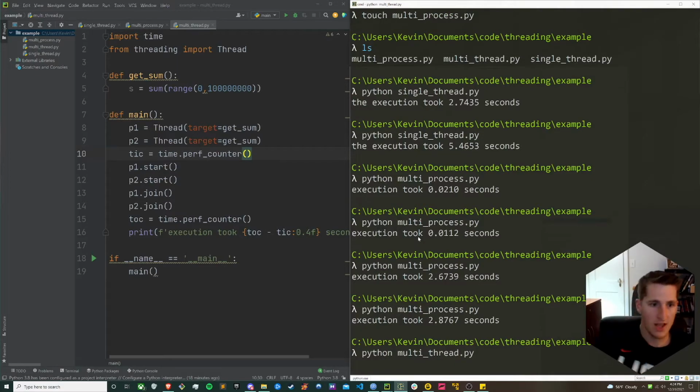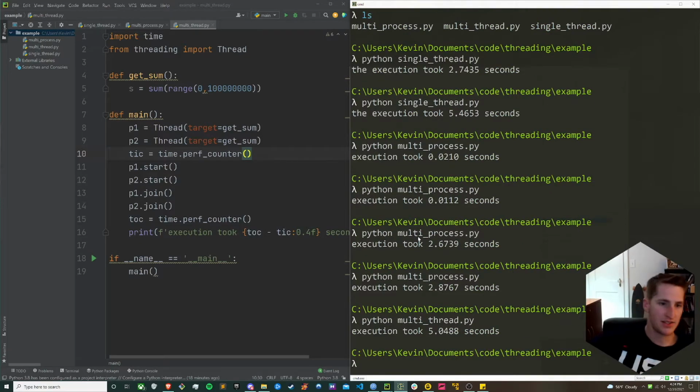Yeah, okay. So we start the threads, we join the threads, we time it, and it takes 5 seconds. Now, that's not what we want, is it? We should be seeing 2.7 seconds or 2.8 seconds, just like we found with the multiprocess. What's going on here? Again, I encourage you to dive into this more, but quickly, the issue at hand here